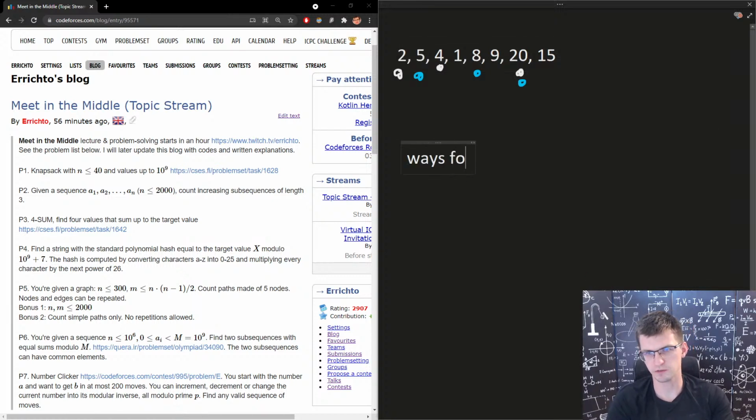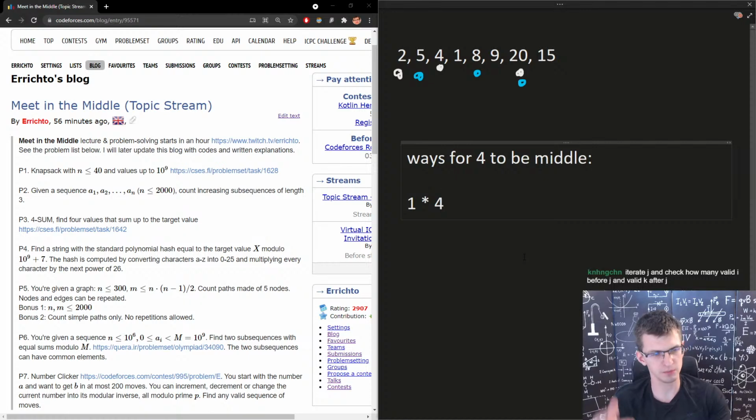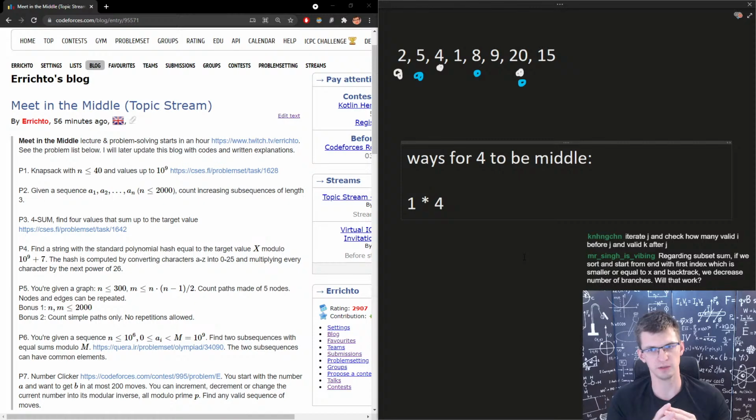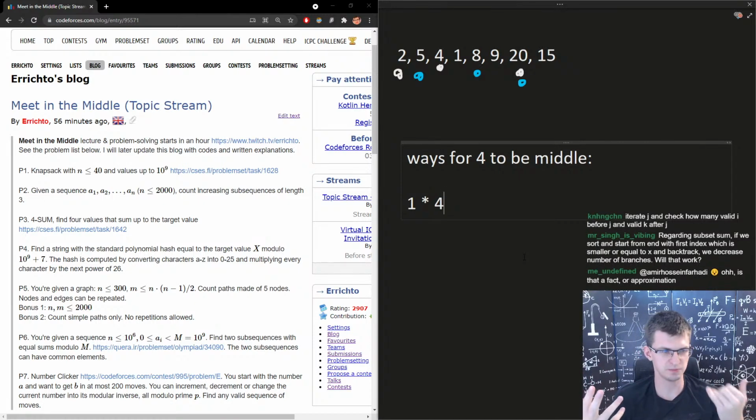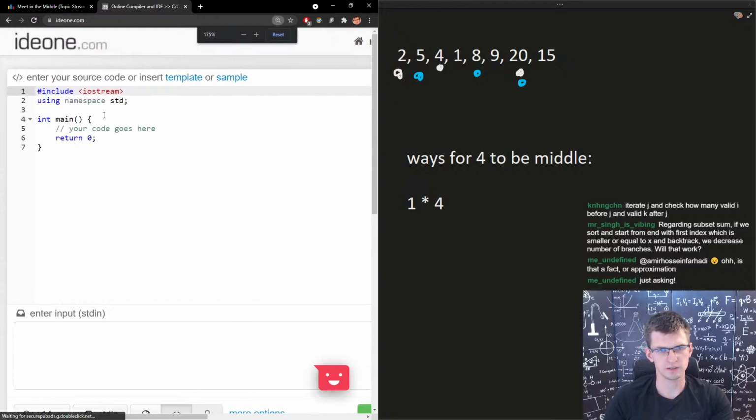So ways for 4 to be the middle is 1 times 4, which is the number of smaller elements to the left times the number of greater elements to the right. Those are the numbers of ways to choose the first element and the third element. And the first versus the third are independent, because it just matters that the first is smaller than the second element, the middle one, and the middle is smaller than the third one, then that's it. So quickly, the implementation is something like,